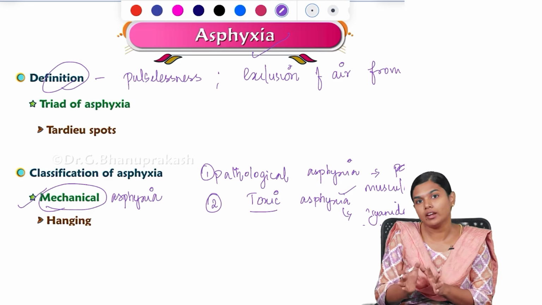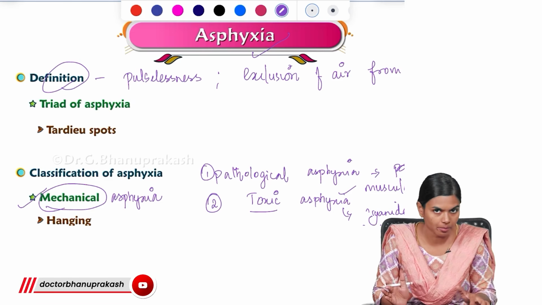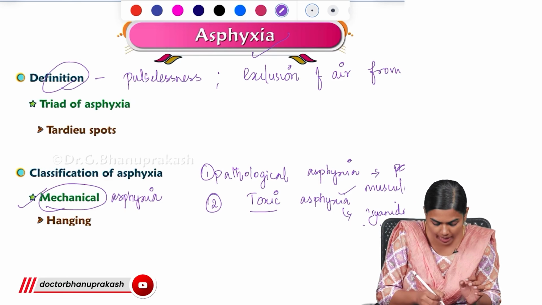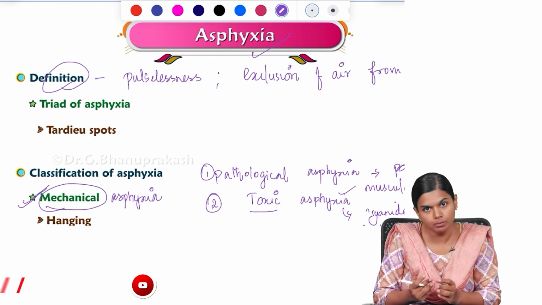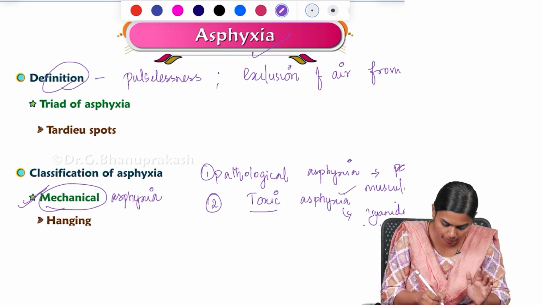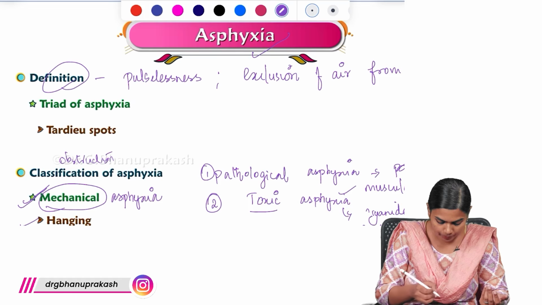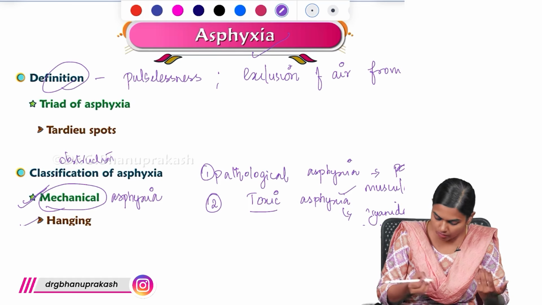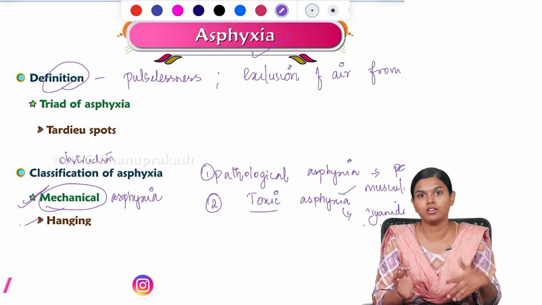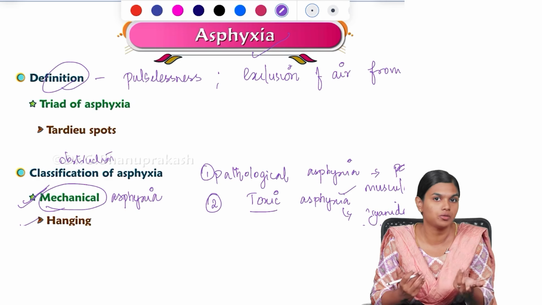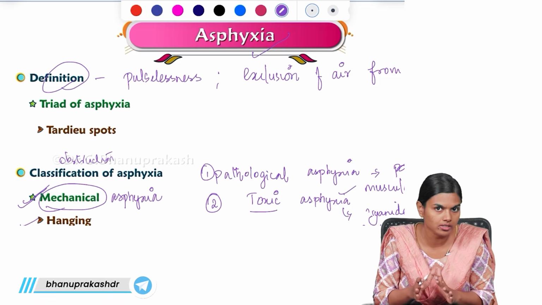These are the general things related to asphyxia. But when we come to the forensic part, what we deal with is mechanical asphyxia. What do we mean by mechanical asphyxia here? There will be mechanical obstruction, and it can be either hanging, strangulation, suffocation, or postural and traumatic asphyxia. All these factors lead to some sort of mechanical obstruction so that air cannot enter the lung. That is what we are going to mainly see here.